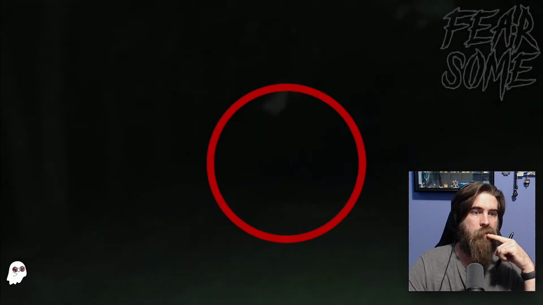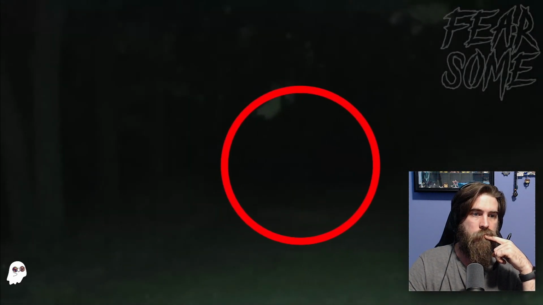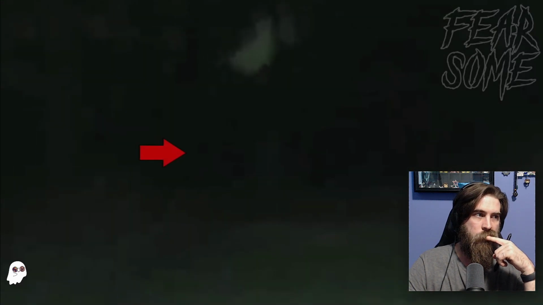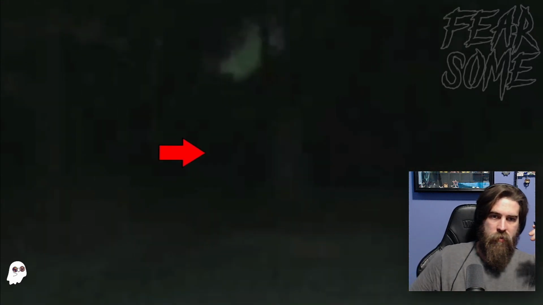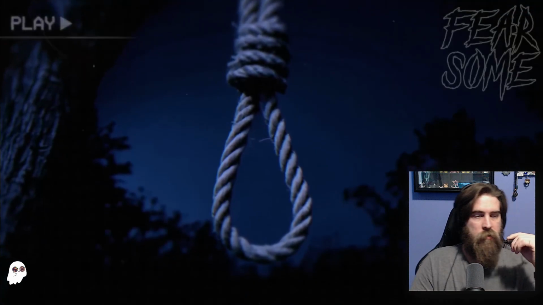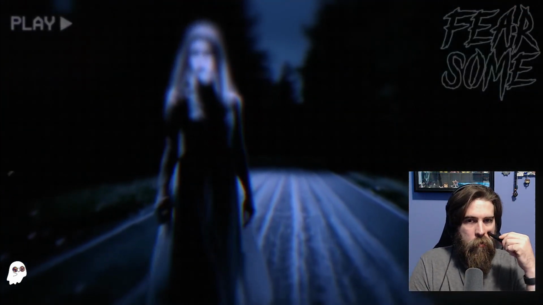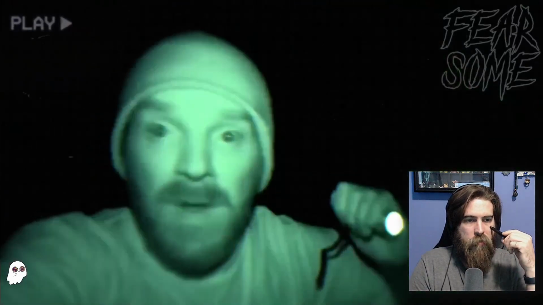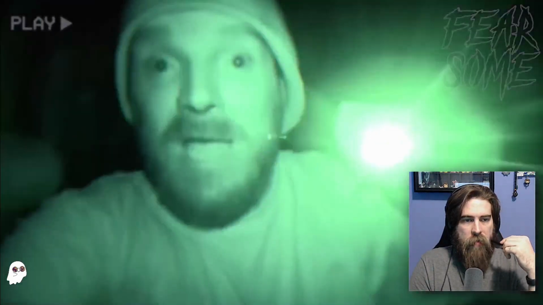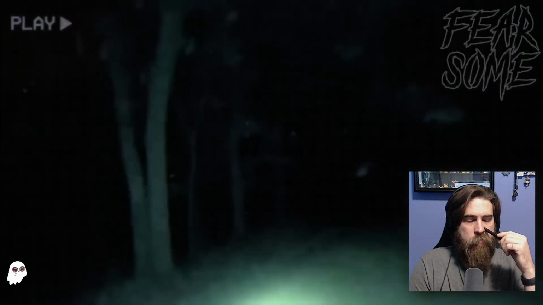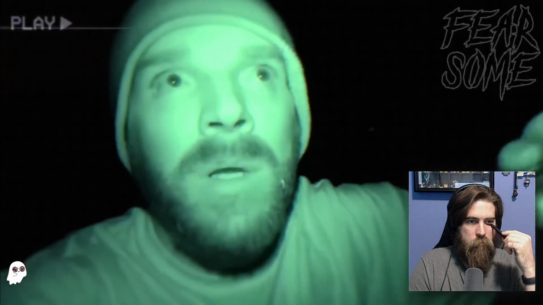A full-body apparition suddenly appeared down the road. This misty form quickly came into view as it walked towards the right. And thinking back, it doesn't really look like much. Overcompressed, low quality, low light. It's super easy to get a whole bunch of artifacts that contribute towards this apparition, making it very clear. You know what I mean?